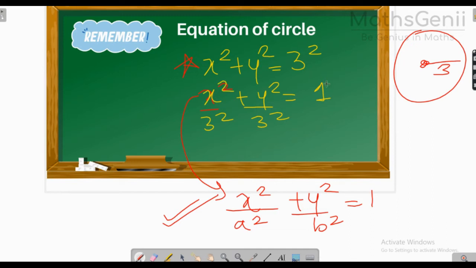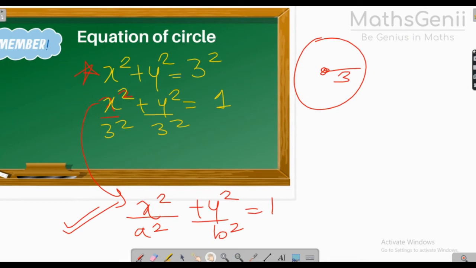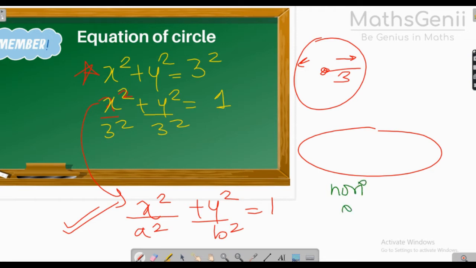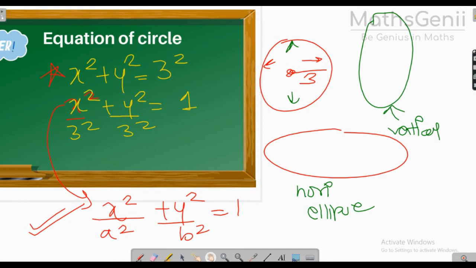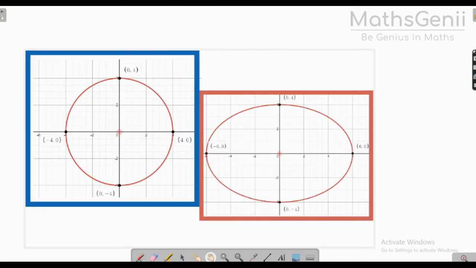Now, what is ellipse? Ellipse is nothing but an elongated circle. If I'm pushing these two boundaries, it will become elliptical, correct? And if I'm pushing the upper boundaries, this is going to be a horizontal ellipse. And if I'm pushing this and this boundary, it is going to look like this. This is nothing but a vertical ellipse. Correct? So ellipse is nothing but a pushed circle. I'm pushing the circle on the upper side, I'm getting a vertical ellipse. I'm pushing at this side, I'm getting a horizontal ellipse. Now we're going to look at interesting graphs to understand better.